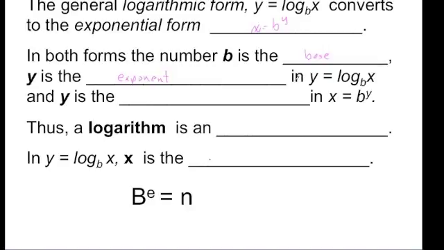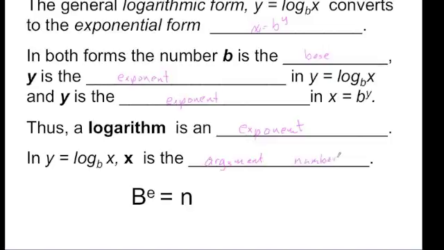y equals log base b of x, and y is also the exponent in x equals b to the y. Thus, a logarithm is an exponent. The logarithm is the exponent. And in y equals log base b of x, x is called the argument, or sometimes we might want to just refer to it